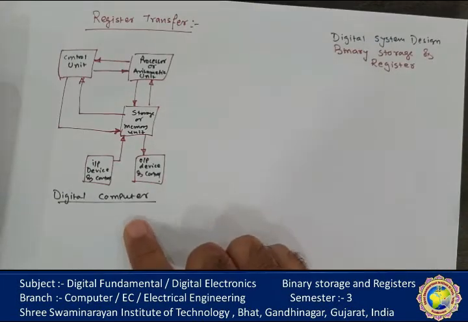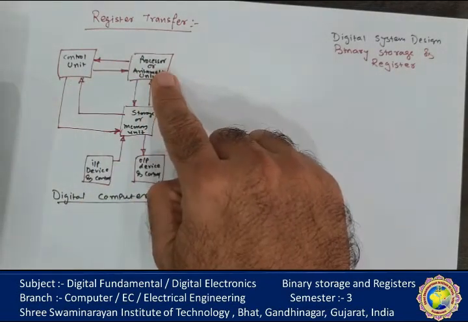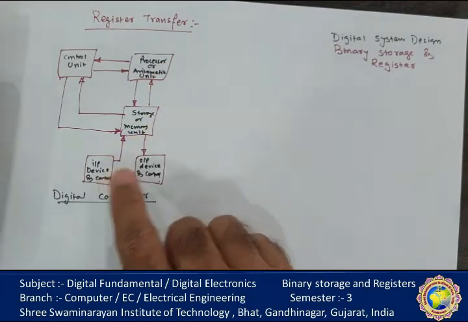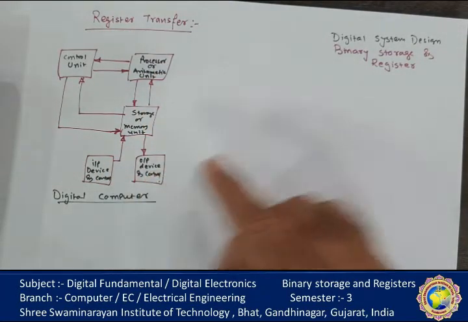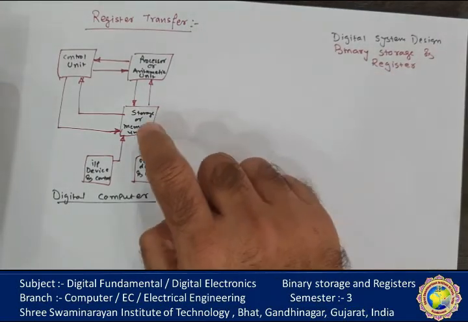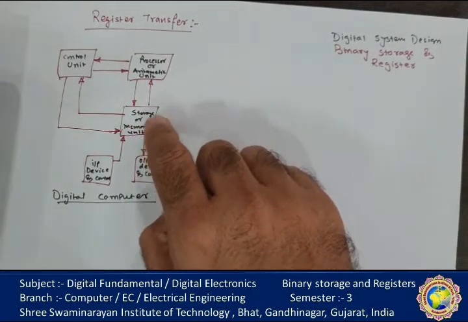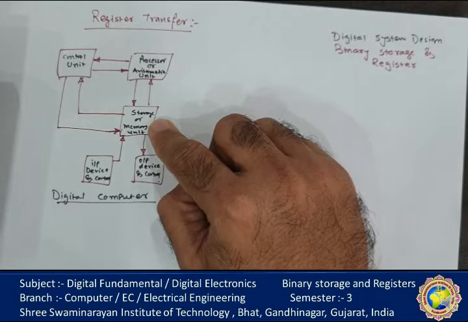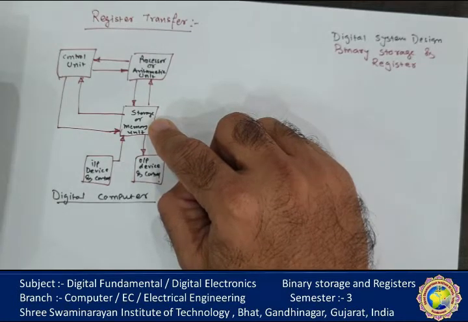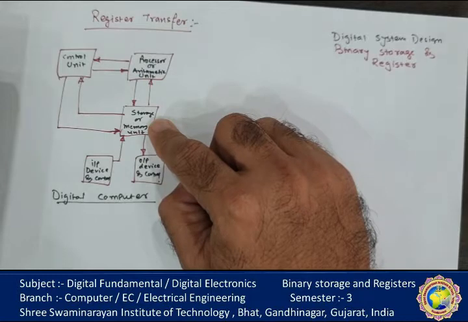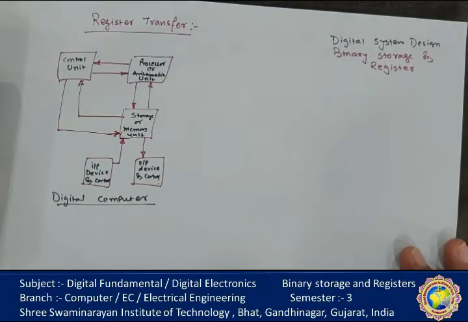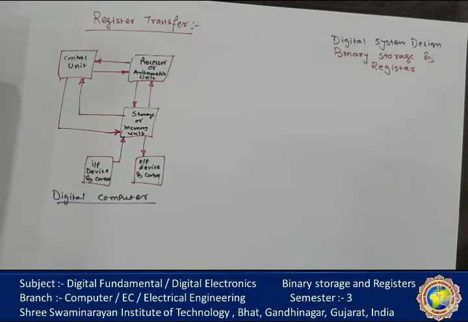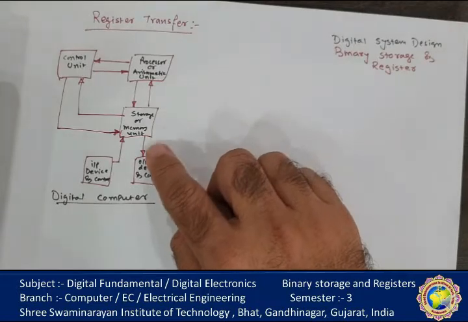Now, we already discussed the digital computer when we started this subject: the control unit, processor and arithmetic unit, storage or memory unit, input device and output device. A digital computer is characterized by its registers. The memory unit is a collection of thousands of registers storing digital information. Nowadays when you go to purchase a laptop, you say that I want a 250 GB hard disk, whatever your file size may be, in kilobytes or bits. In this way, we can say that thousands of registers store the digital information.